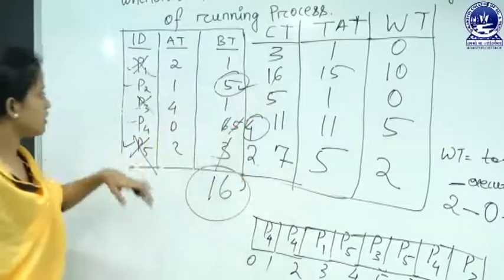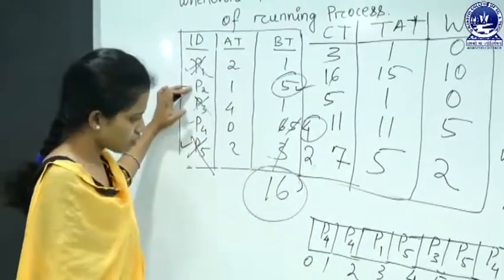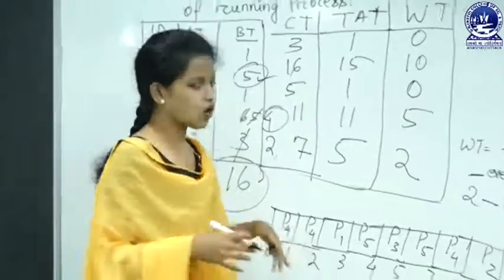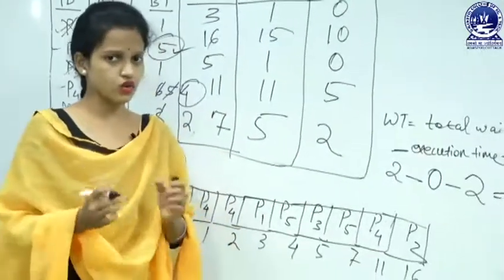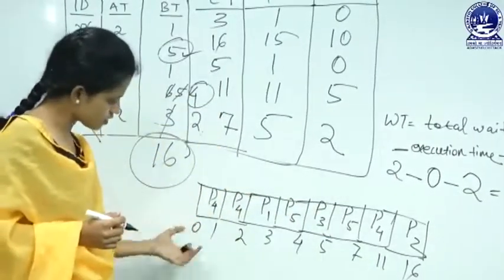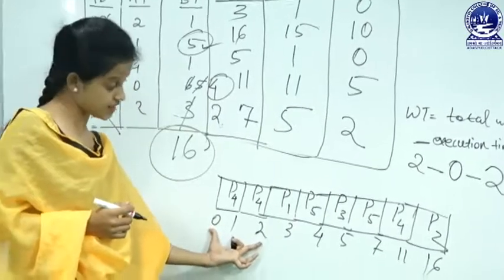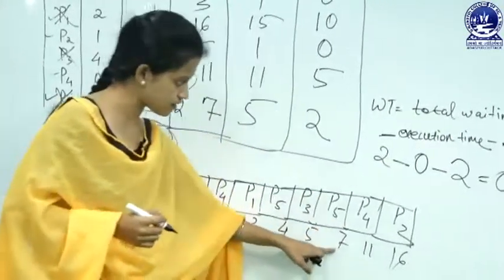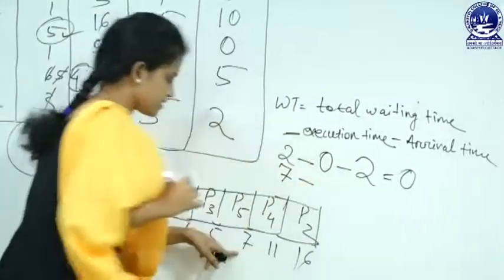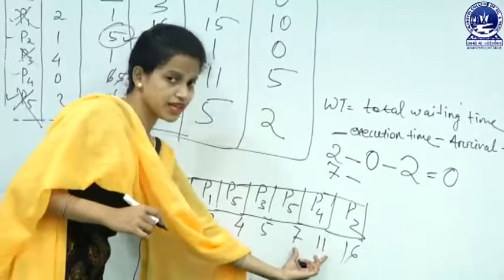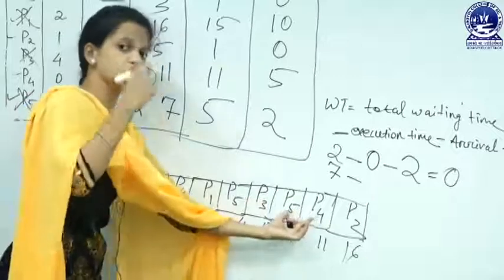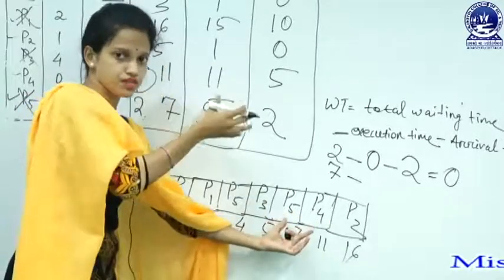So like that, let us find out for P4. Okay. So here, how many milliseconds does P4 require to complete its execution? Here already 2 milliseconds it has completed its execution, and P4 finally 7. So 7 minus, before completing its execution, is there any time where P4 is executing before? So we have to subtract that.